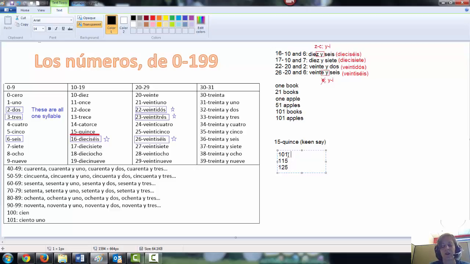I only use cien when it's 100. When it's above 100, I say ciento uno for 101, okay? Ciento quince for 115. And then for 125,